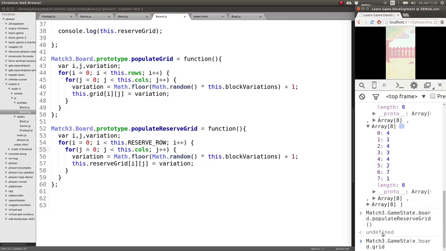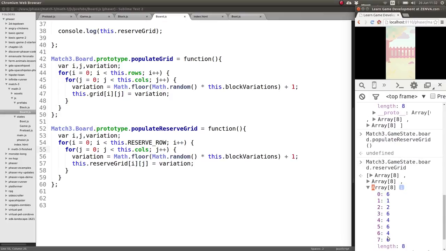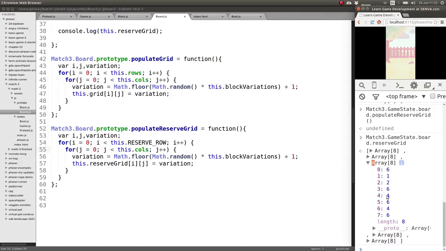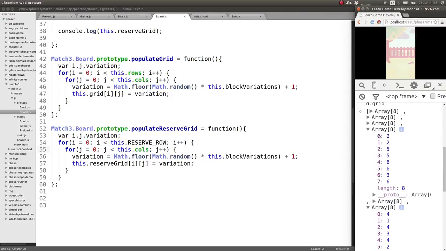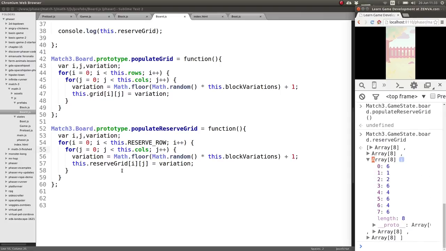And we can go access directly the reserve grid, and we also have our numbers. Now, as you're probably thinking, this way of accessing all these arrays is a bit time consuming. So since we'll be working on the model for a while before we jump into displaying